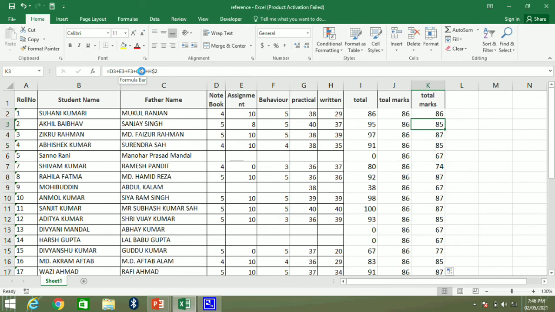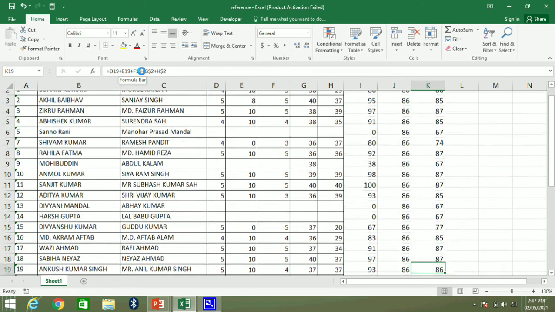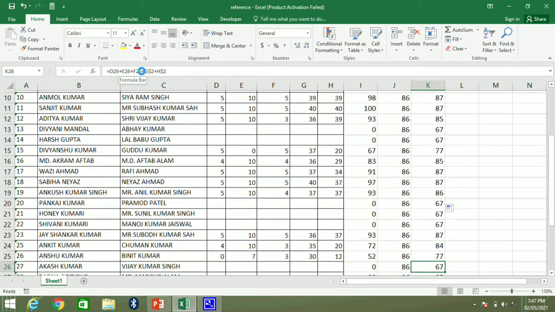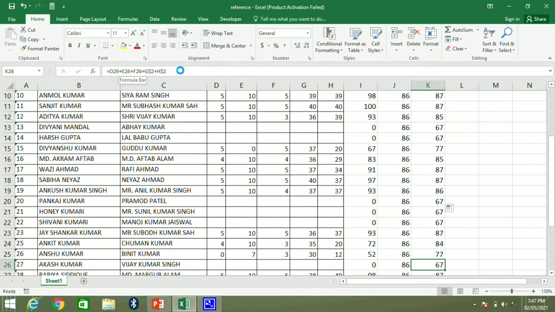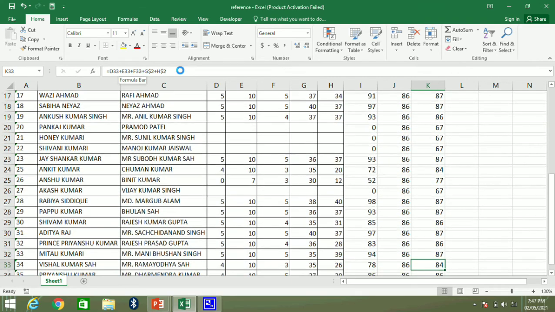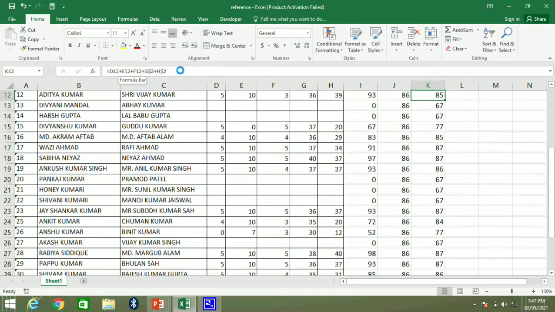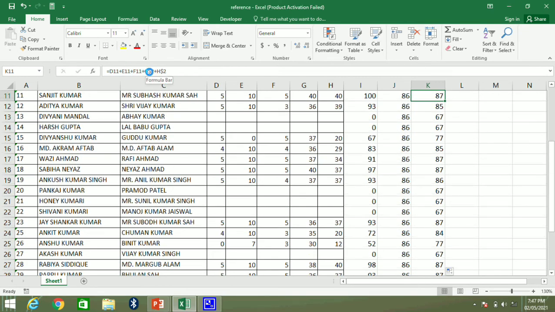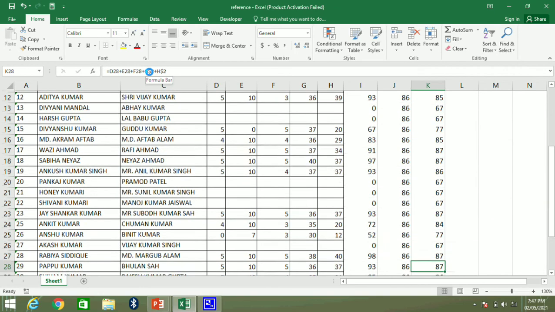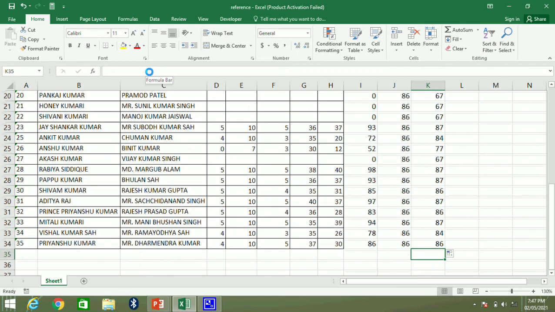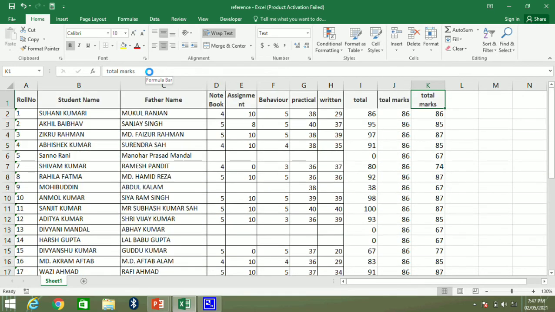That's why it does not change for all, but the rest of the formula is changing. You can see here in the formula bar when I move the cursor in different cells.